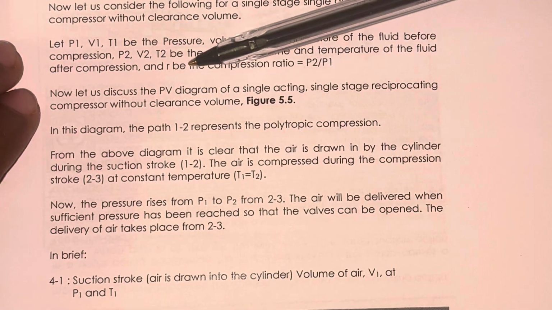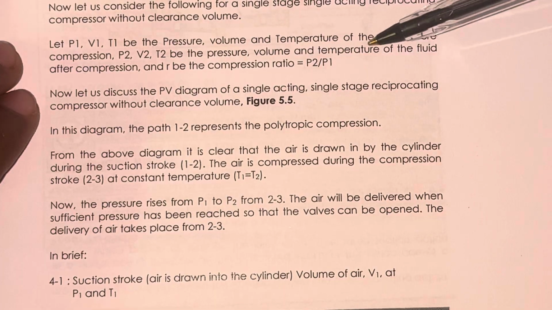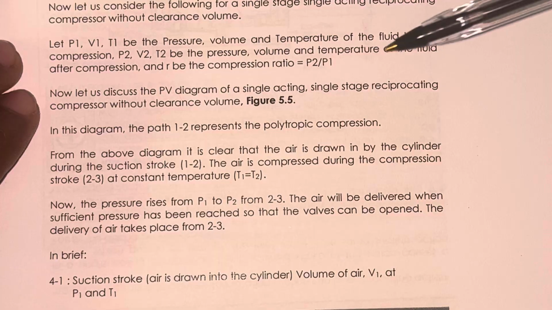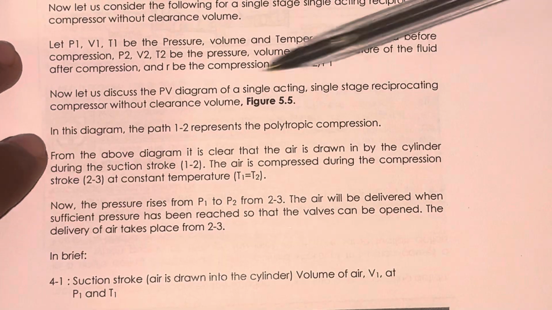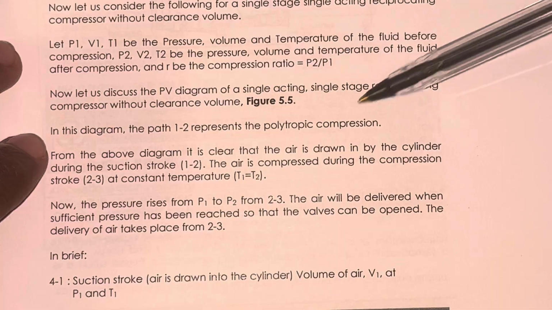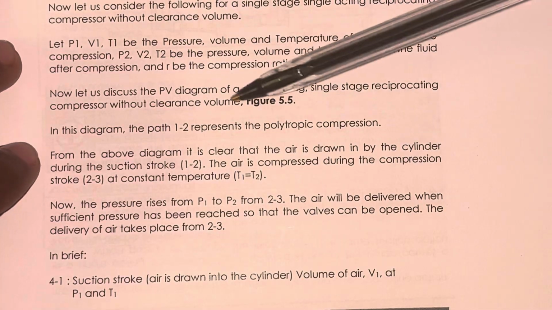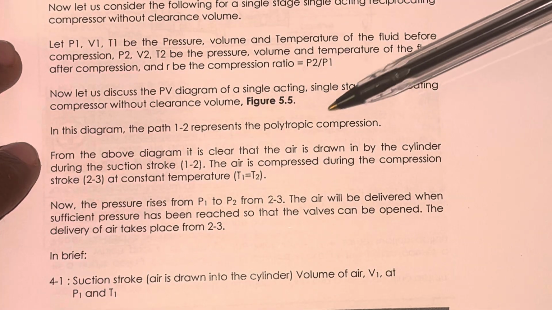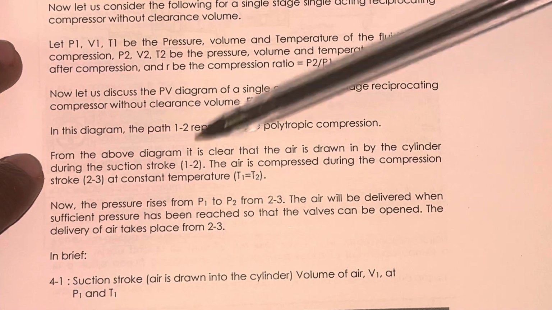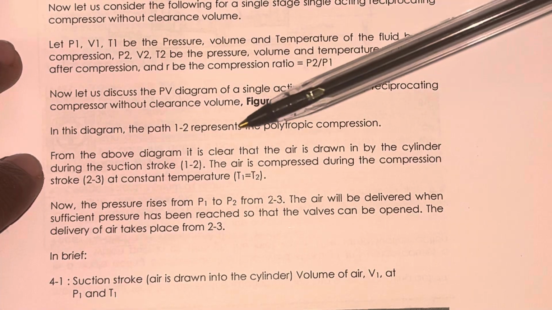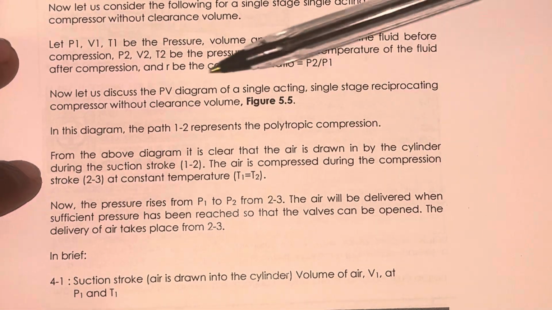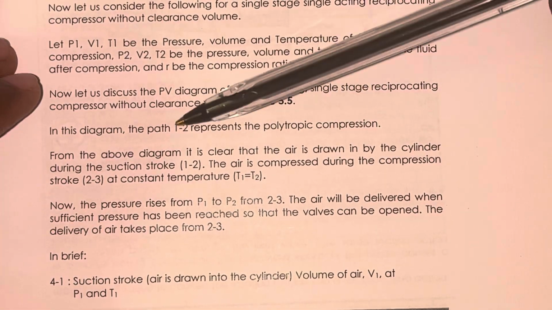Now, let us discuss the PV diagram of a single acting, single stage reciprocating compressor without clearance volume. We will note that in figure 5.5. In this diagram, the path 1 to 2 represents the polytropic compression. From the above diagram, it is clear that the air is drawn in by the cylinder during the suction stroke, that's 1 to 2. The air is compressed during the compression stroke, which is 2 to 3, and at